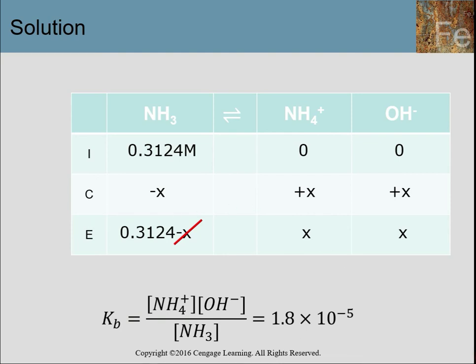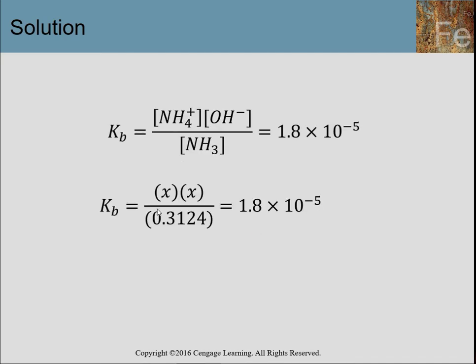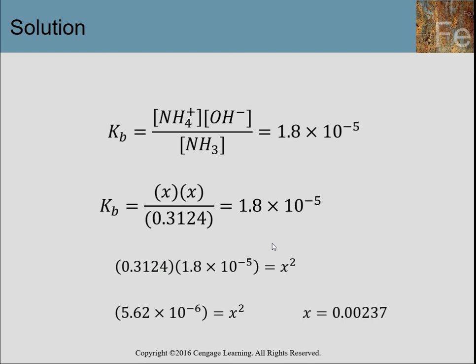I'm going to put those numbers in the equilibrium spot into my equation. So x times x divided by 0.3124 is equal to 1.8 times 10 to the negative fifth. And I told you that 10 to the negative fifth is like that cutoff point. You start being able to more consistently use the assumption rule. We're going to have a chance to check to see whether it is good enough. Solve for x by cross multiplying, take the square root of both sides, and I get that the concentration of my hydroxide, the x value, is